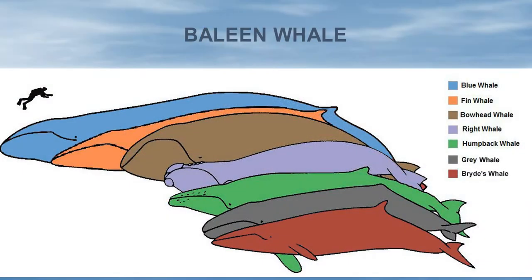Now, these guys are some of the most fascinating, the baleen whales. First of all, they're some of the largest creatures on the planet. The blue whale is the largest animal on the planet. And it is bizarre to think that that creature stays alive by eating nothing but plankton.